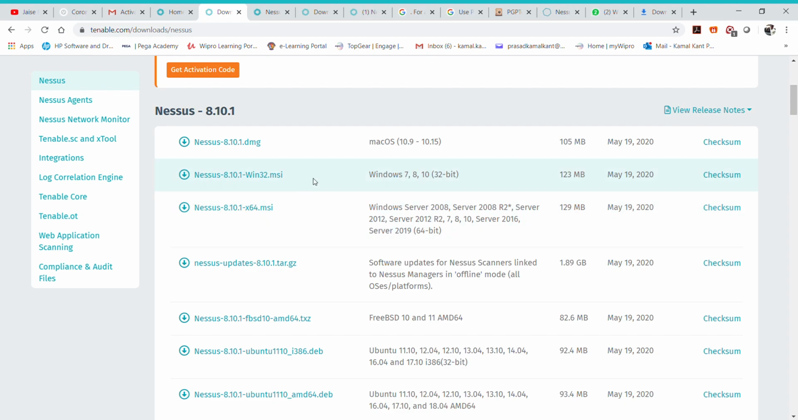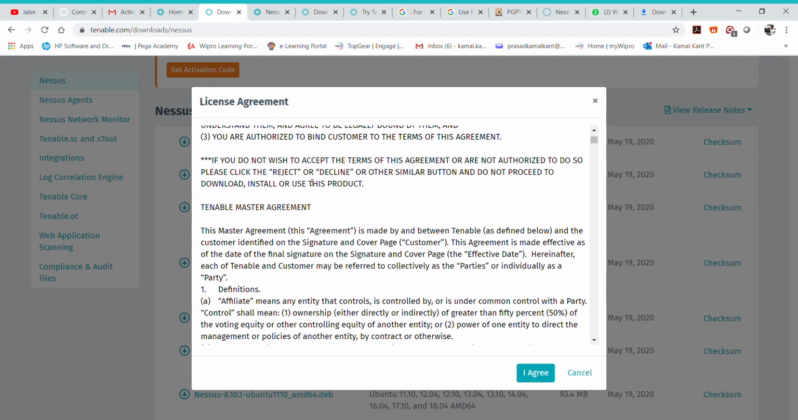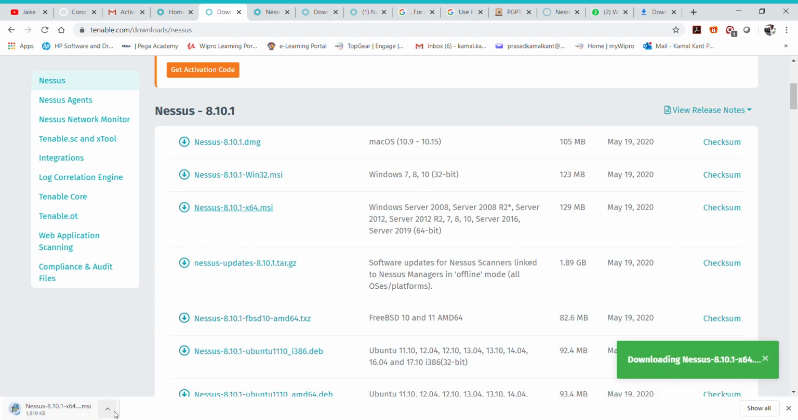My system is Windows 10 and 64-bit, so I will be downloading this Nessus 8.10.1 64-bit MSI. We'll click on this. It will show you a license agreement, we have to click on agree, and then it will start downloading. As I have already downloaded Nessus, I'm just pausing it. So what will happen after this? Nessus will get downloaded,